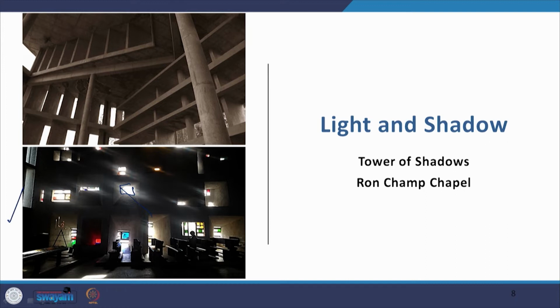It was a straight cut ribbon window and the light filtered in, and it did not have the impact of light and shade. It was a flat light. But here in the Ronchamp Chapel, it turns into light and shadow, and he then carries the same idea in the Tower of Shadows in the Capitol complex.